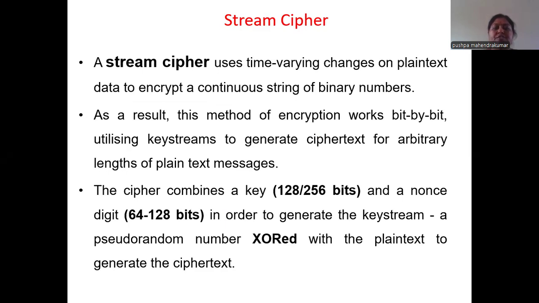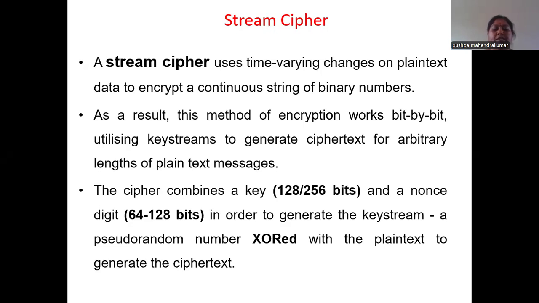Next, we are going to discuss stream ciphers. A stream cipher uses time-varying changes on plain text. Here, the data to encrypt is a continuous string of binary numbers. This method of encryption works bit by bit, utilizing key streams to generate ciphertext for plain text messages of arbitrary length. The cipher combines a key in the range of 128 to 256 bits and a nonce of 64 to 128 bits in order to generate the key stream, a pseudo-random number, which is XORed with the plain text